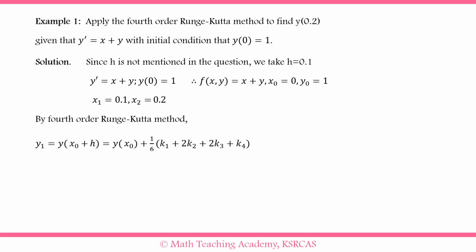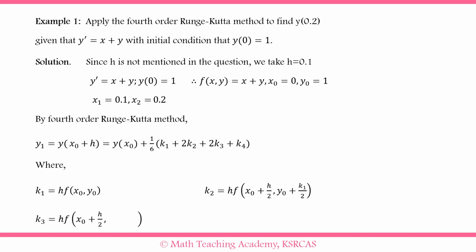formula y1 equal to y naught plus delta y, that is y of x naught plus delta y is 1 by 6 into k1 plus 2 k2 plus 2 k3 plus k4. Then we write k1 and k2 formula. K1 equal to h into f of x naught comma y naught, and k2 equal to h into f of x naught plus h by 2 comma y naught plus k1 by 2, and k3 formula. Now